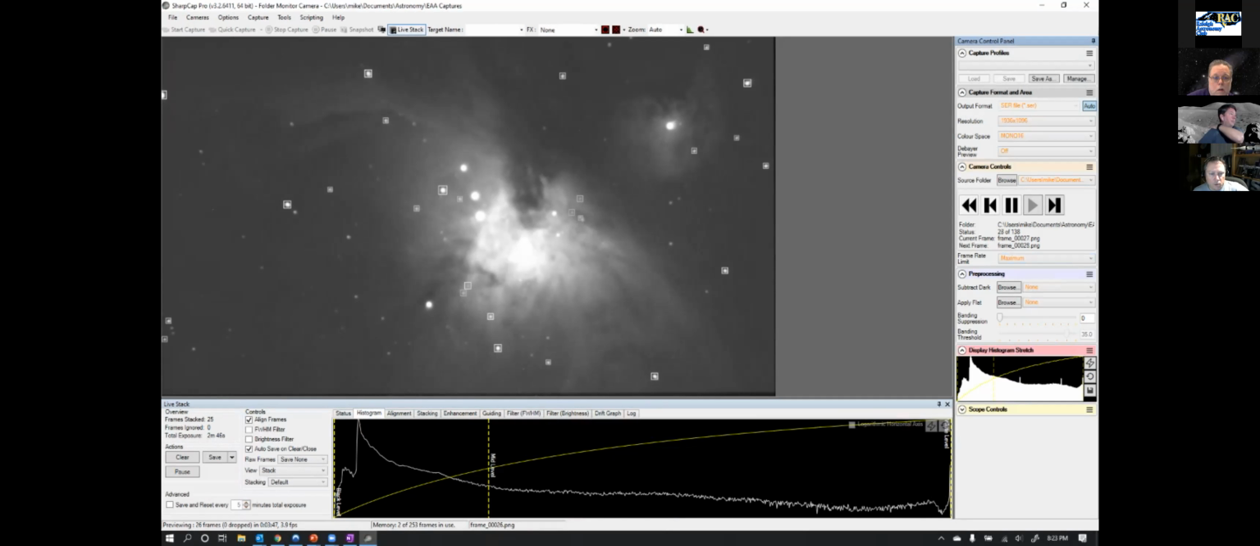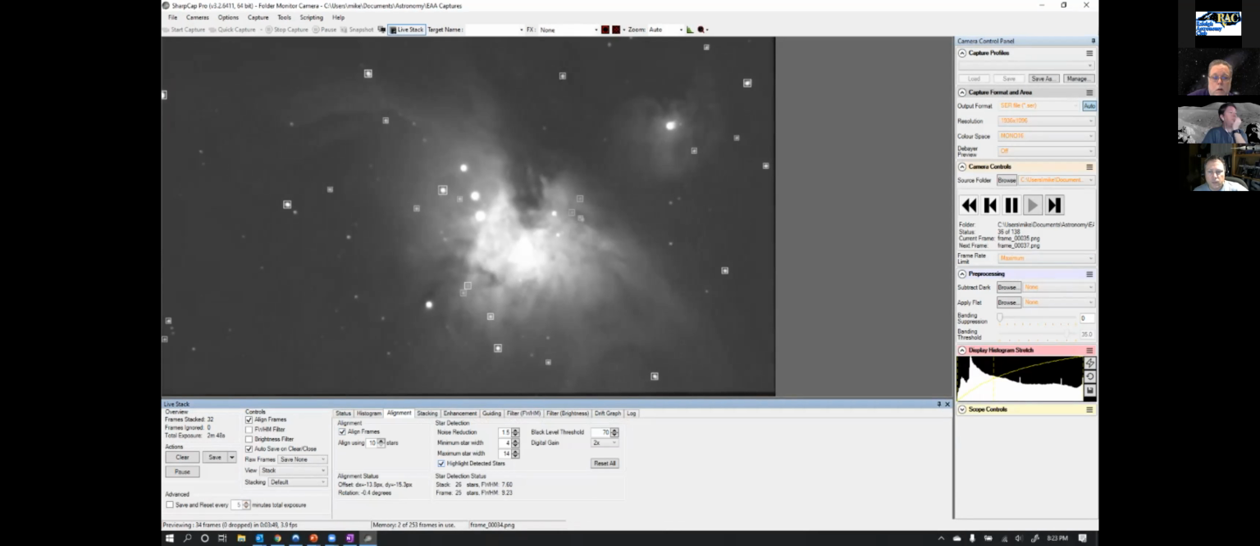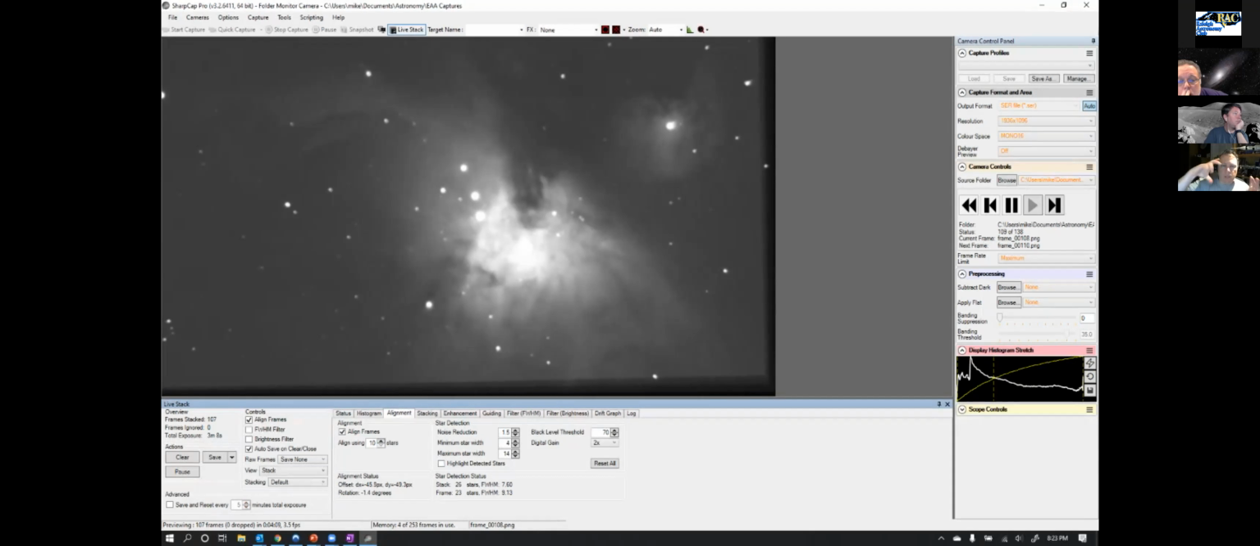I'm going to turn off my highlight stars, and you can now start to see these weird triangular areas being built up as we are stacking. It's literally taking capture by capture by capture and making sure all those stars stay aligned. In essence, it's rotating these images for me. So here we're now finished with the